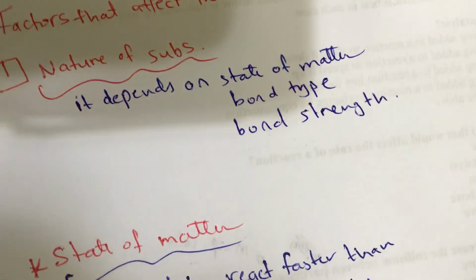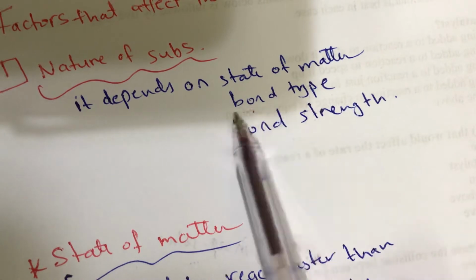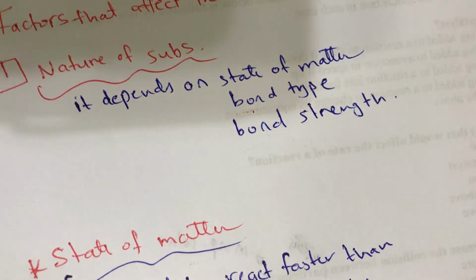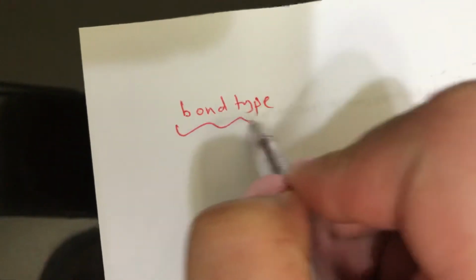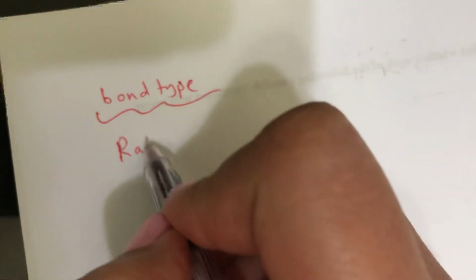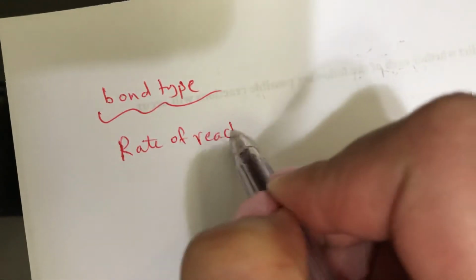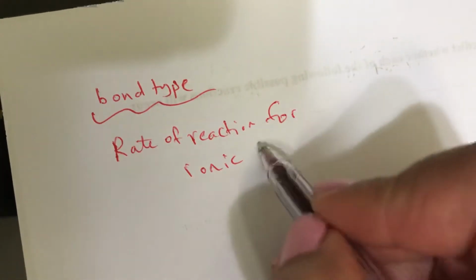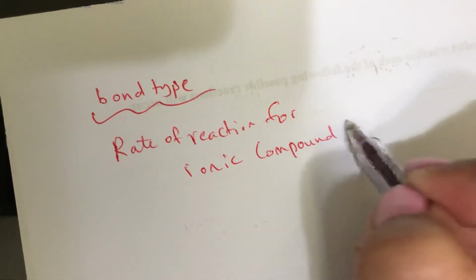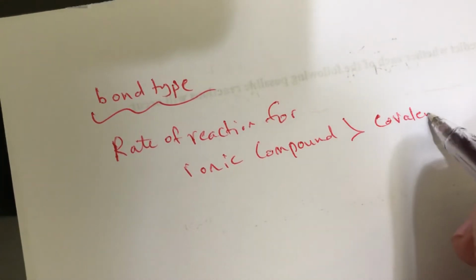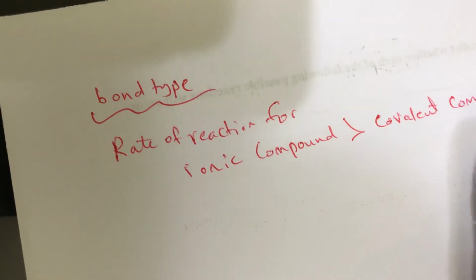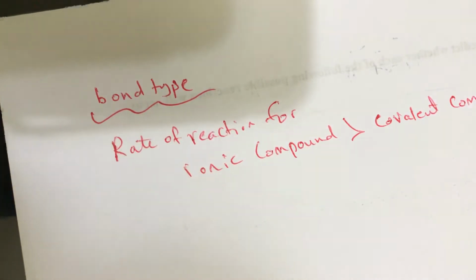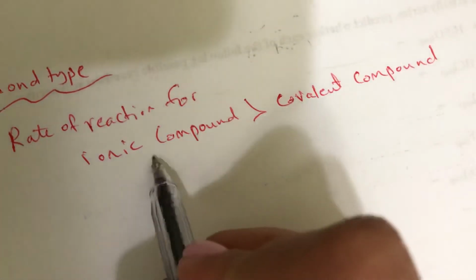Now, what about the second one, bond type? So here, bond type. So the rate of reaction for ionic compound is greater than the rate of reaction for covalent compound. Why? Because ionic compound